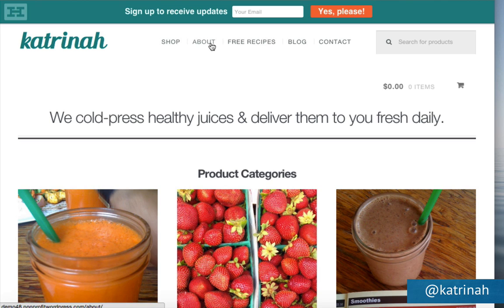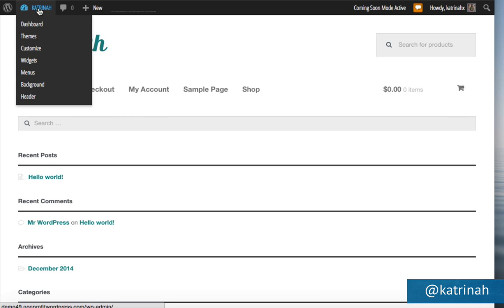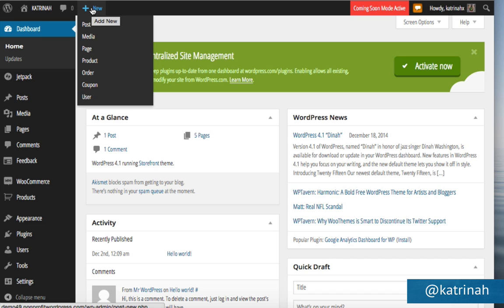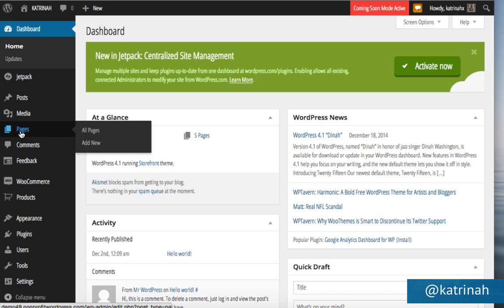our WordPress website, starting with the About page. So to create a new page, you want to go back to your dashboard by clicking on Dashboard. Then here on the dashboard, the next step is to create a new page by either going up to the top, hovering over plus New and clicking on Page, or on the left-hand sidebar, you can hover over Pages and click on Add New. I'm going to click on Add New here to create a new page.